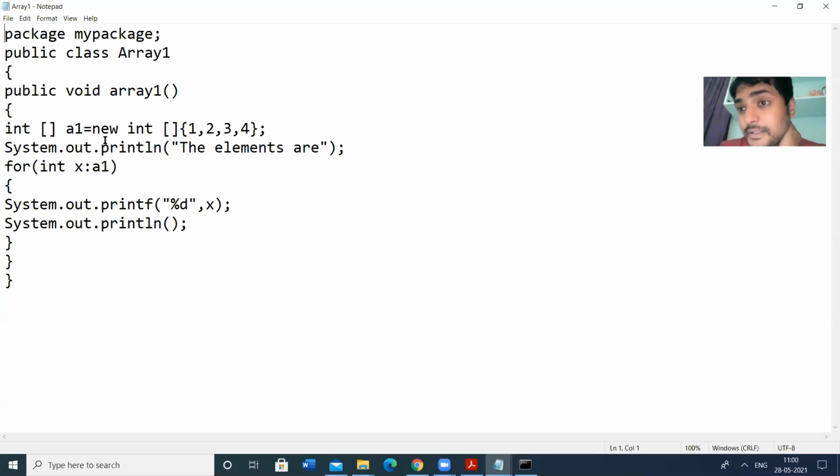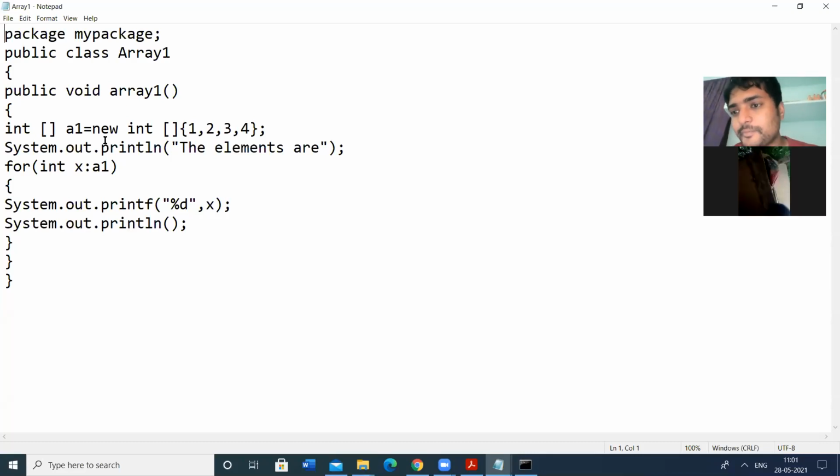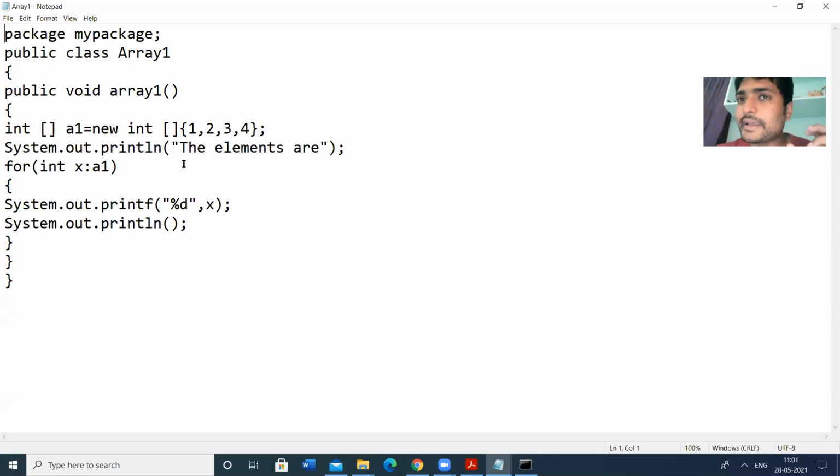While creating packages, remember that we don't have any driver class. That means we don't have any main method, public static void main. The application program will have the public static void main. The application program will create some variables or objects. By using that object, we can access the methods. So this is the procedure to be followed in the creation of packages.